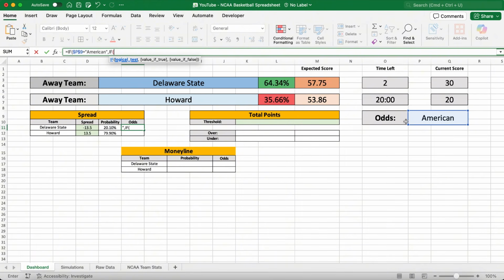So in the odds cell next to Delaware's probability of covering the spread, we're going to use an if function where if P9, the cell, whether it's American or decimal, is equal to American, then we're returning an if function. If E11 is greater than or equal to 0.5, then we're using the text plus space, speech mark, and round, 3 opening brackets, 1 divided by E11, close the bracket minus 1, close the bracket times 100, and we're rounding with 0 digits, close the bracket, comma, if false, negative sign, space, speech mark, and negative round, open bracket,